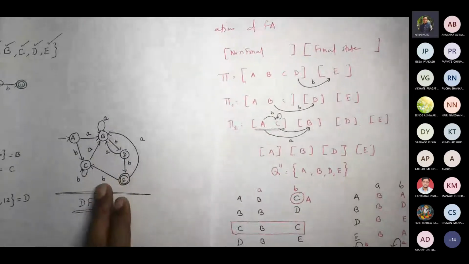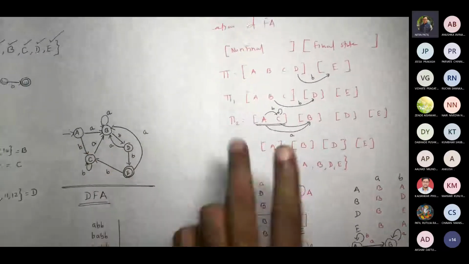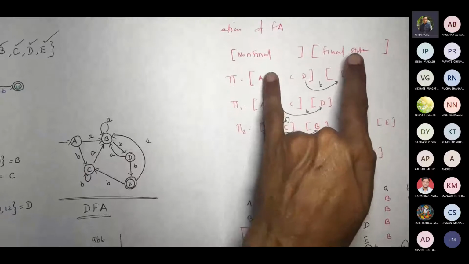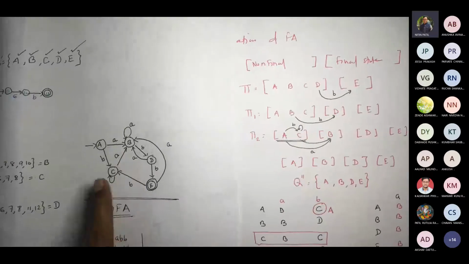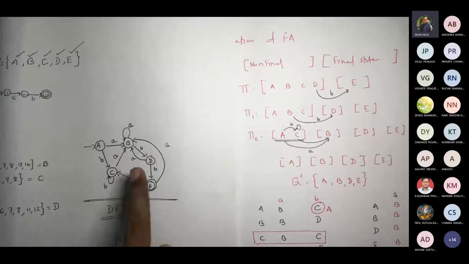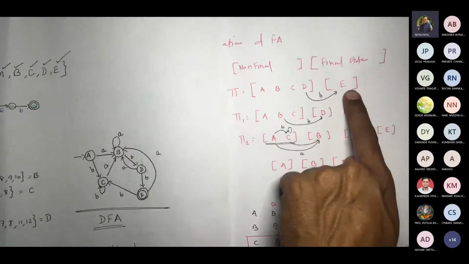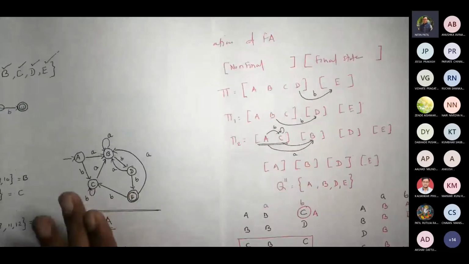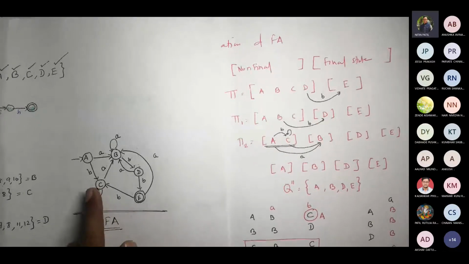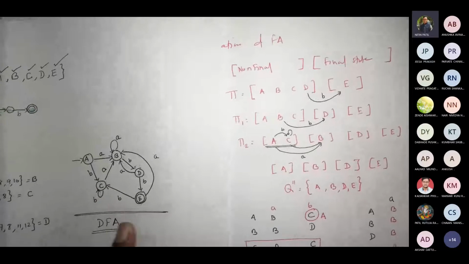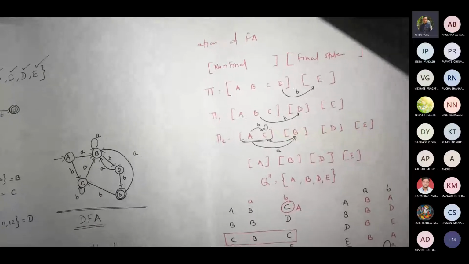For the given diagram that you got as a DFA for the given regular expression, try to create 2 groups. One is non-final, the other one is final state. So this is for states. All non-final ones here are A, B, C, D, so we took them in one group, and the final one, E, we took into the other group. Then what you did was, for every input that is available there, you tried verifying whether it is remaining in the same group or going outside the group. When I say same group, for every state, even if it is a different group, for every state it should go that way.